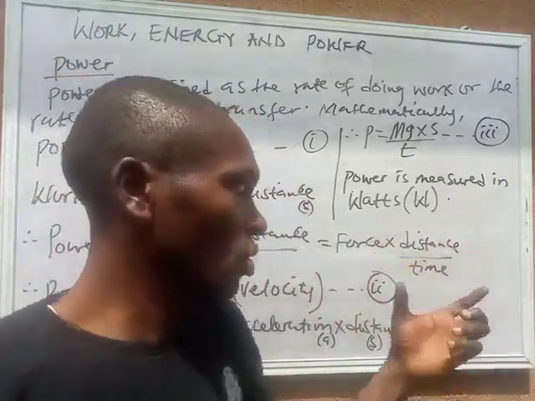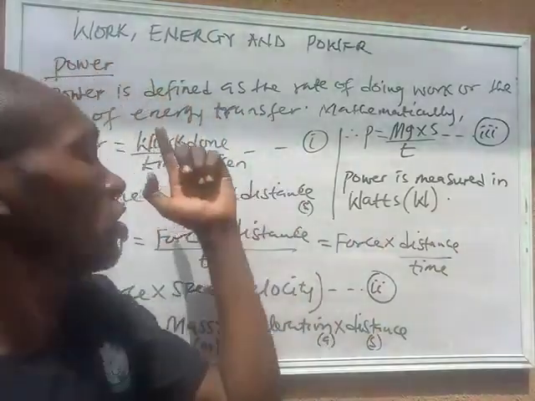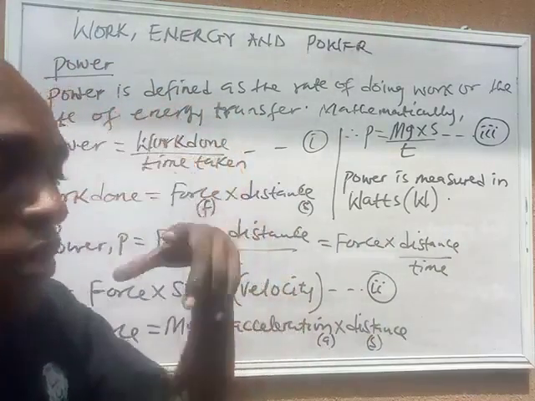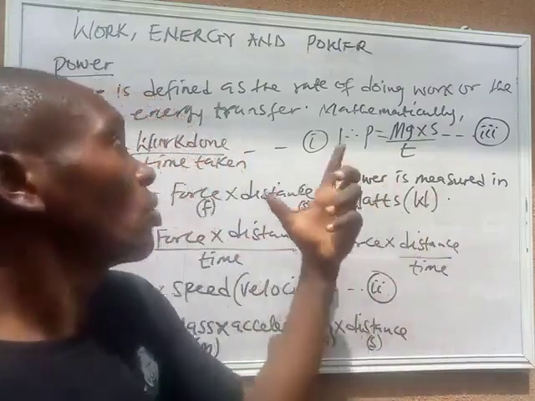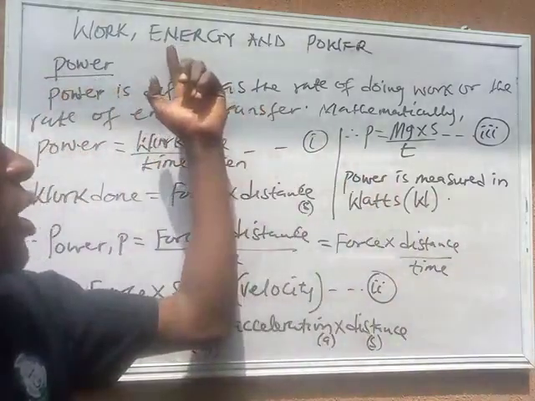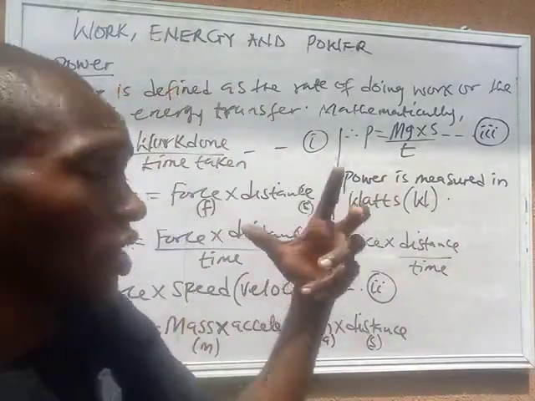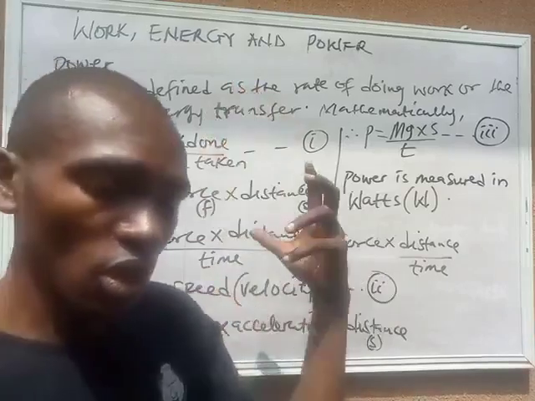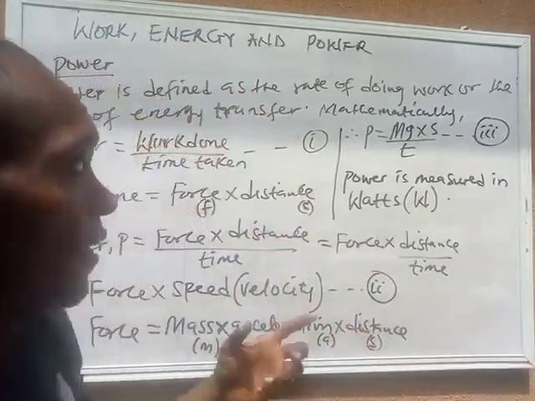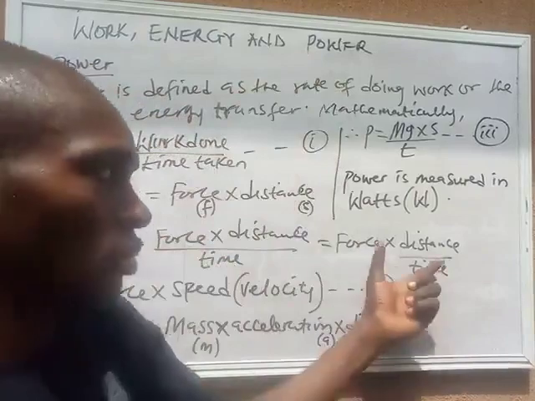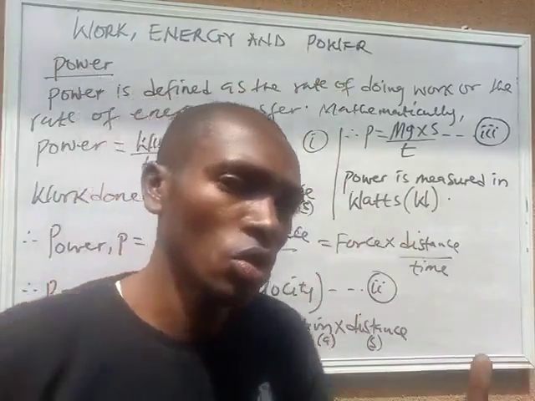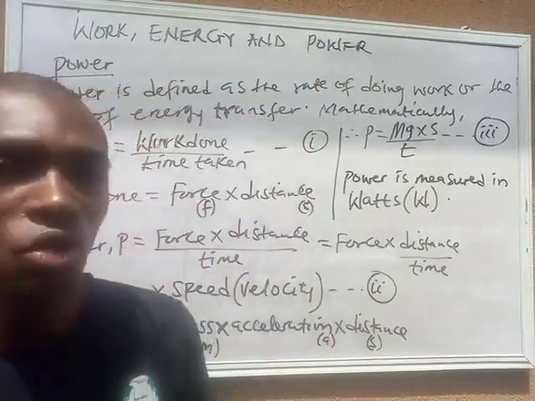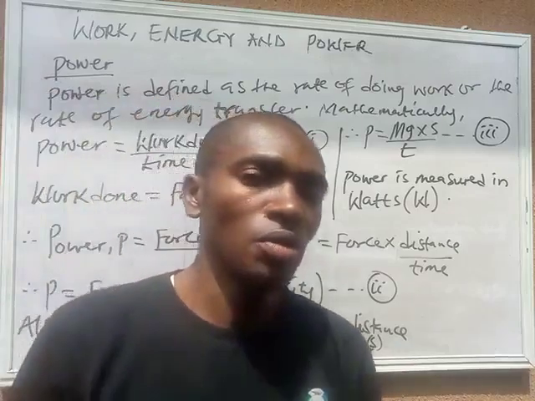So this is the unit for measuring power. Don't forget, the unit for measuring work is joules, and energy is also measured in joules. And then we also have power, which is measured in watts. So at the end of the question, you must always ensure that you indicate the unit of that particular